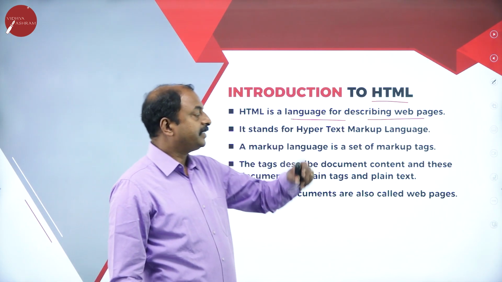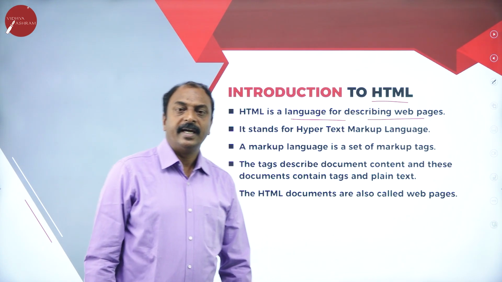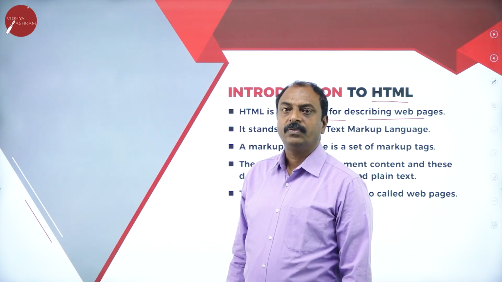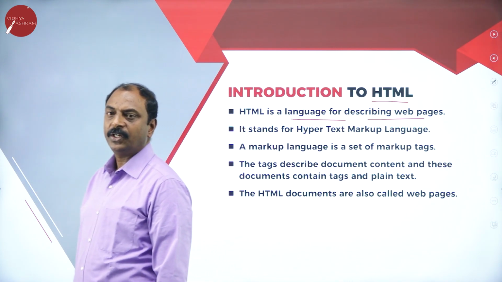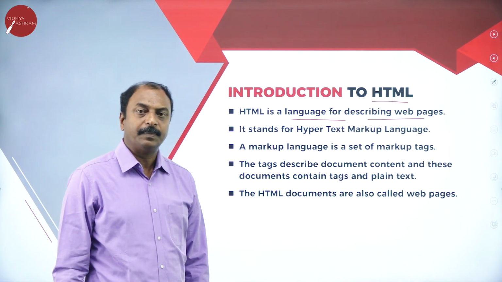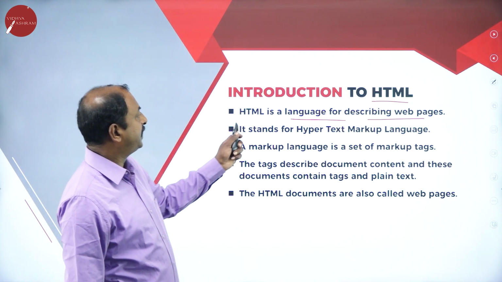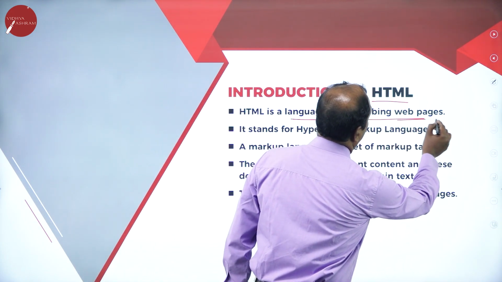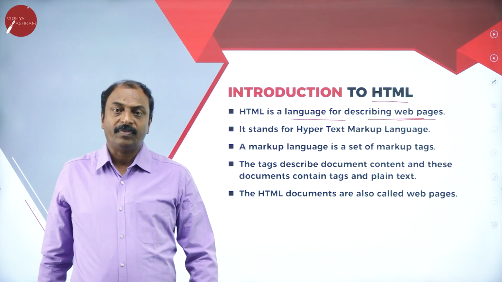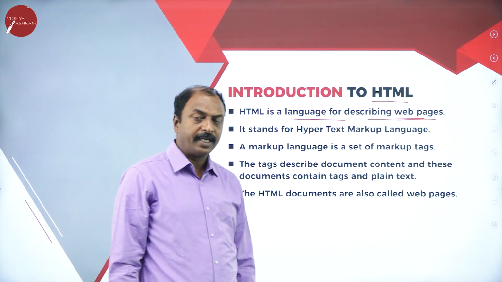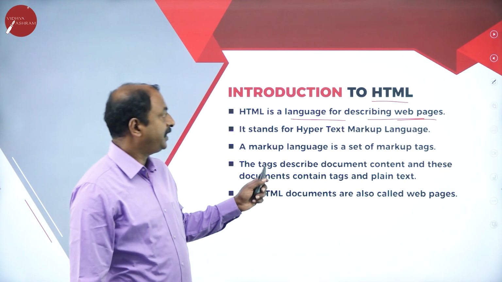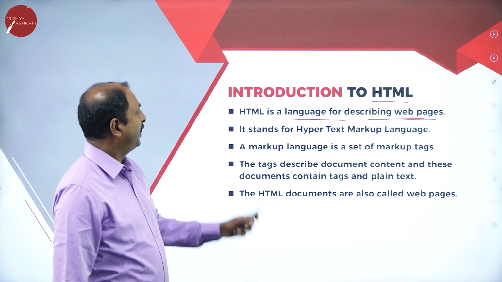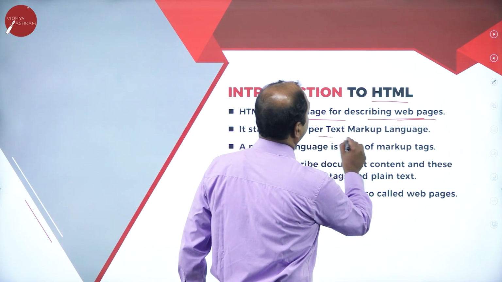And HTML is a high-level language. And as we have seen, C++ is a general application language. I mean, we are using C++ language for different general purpose applications. And similarly here, HTML is a language used for defining web pages. Now, all of you are familiar with the internet, website and web pages. So, this is a language used for designing a web page and a website, and it stands for hypertext markup